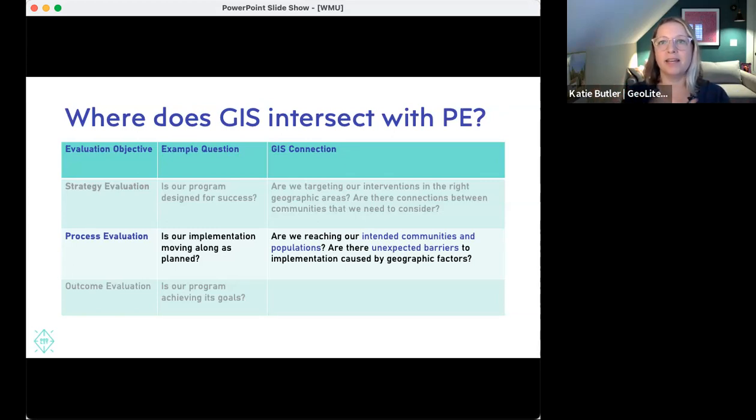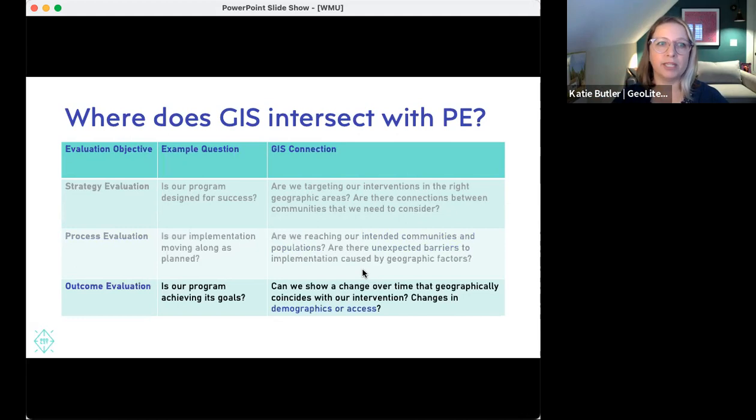You might find that that is a county boundary where people no longer have access to a particular type of funding or a particular school district's after school program or something like that. So trying to understand whether there are geographic factors that the people who designed the program may not have considered in the very beginning is another way we can use that information.